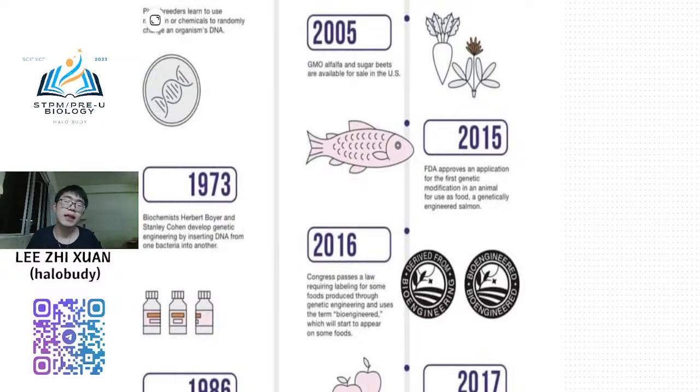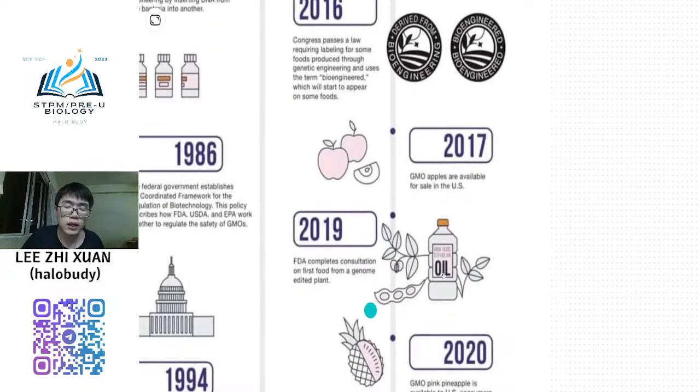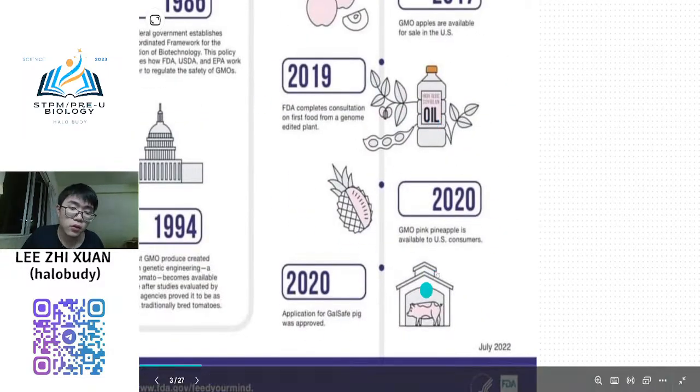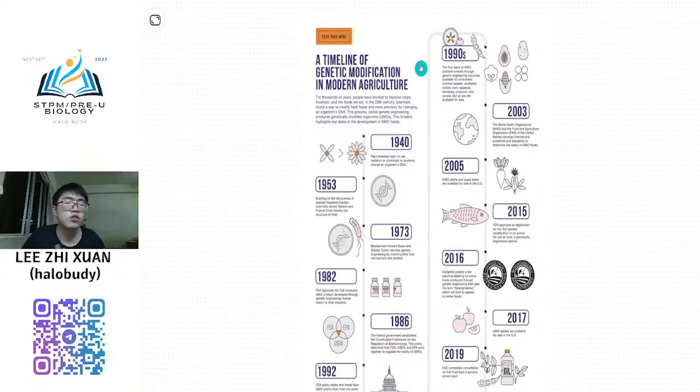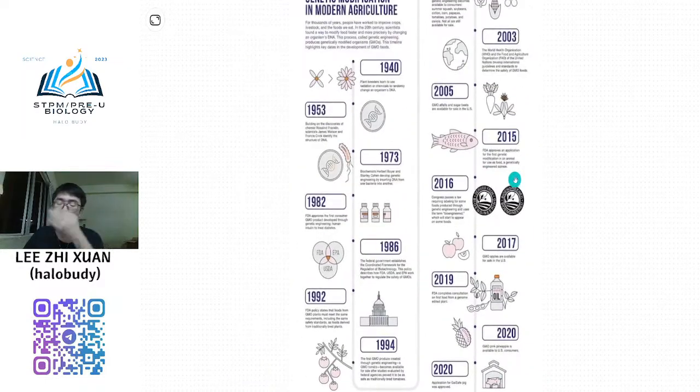Kalau salmon fish yang tak ada GMO, normally dia kecil je. Tapi kalau kami buat GMO, kami buat GE, genetic engineering, salmon fish dia akan sangat besar. It can grow to a very large size. So until now lah, normally lah. So okay, so this is just the history of the genetic engineering. You can search it if you're interested in it.